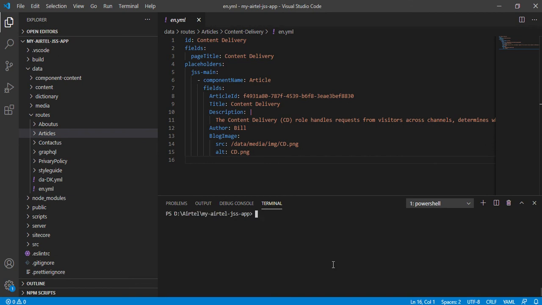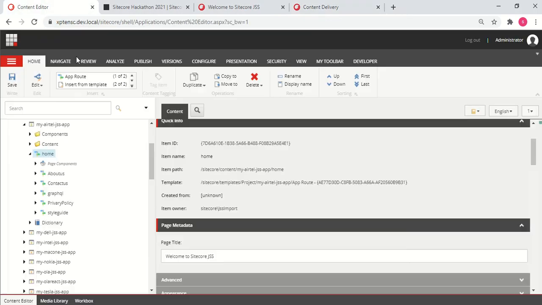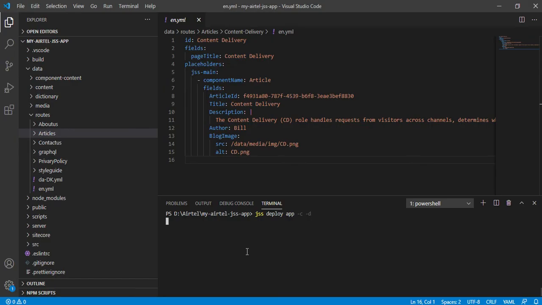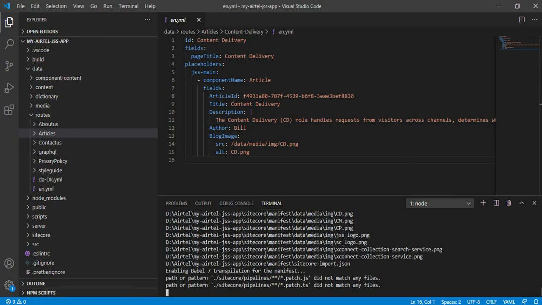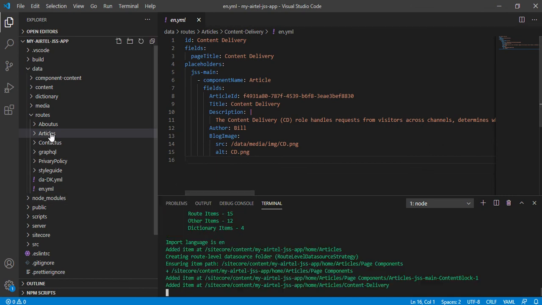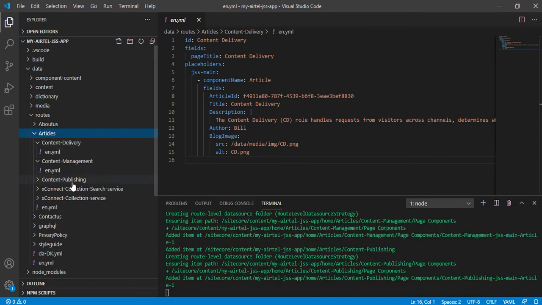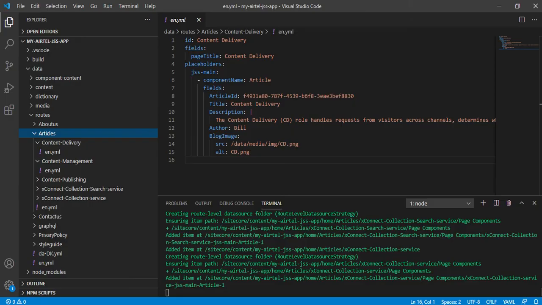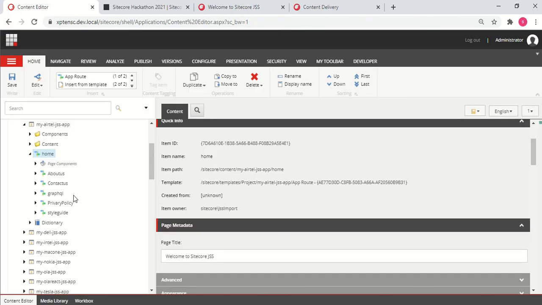Now I want to deploy it on my Sitecore side. Before deployment, let's see whether there is anything related to articles. You see there is nothing related to the article pages here. So let's deploy it. When you deploy it, this JSS deployment command will read all these articles and YML files, and it will automatically create all the pages here.